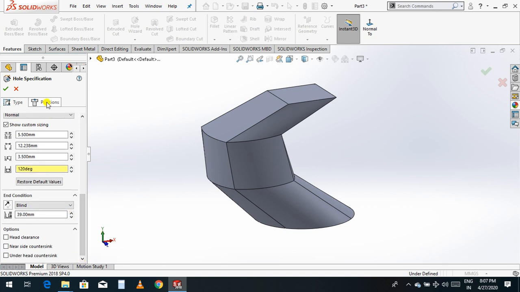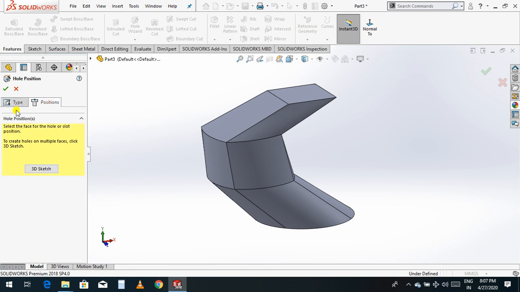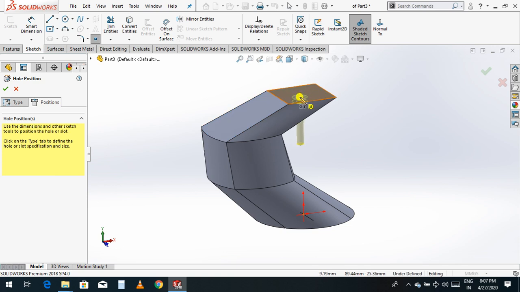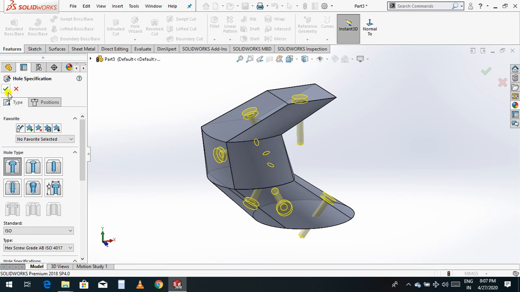Okay, now select this position, 3D sketch, select this plane. Now click OK.